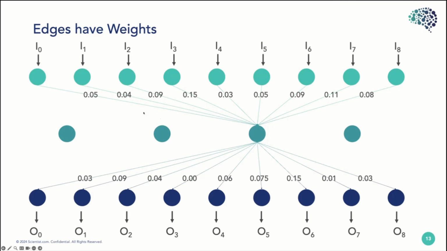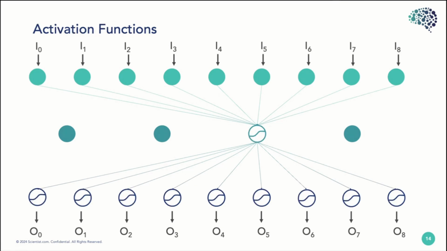And this is the same for the other nodes in the hidden layer. They each have their own set of weights that we're going to tune during backpropagation. And that is most of the structure of the neural network, but we do need to talk about what's called